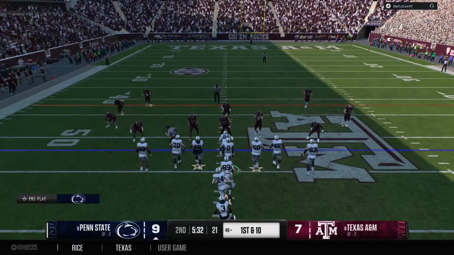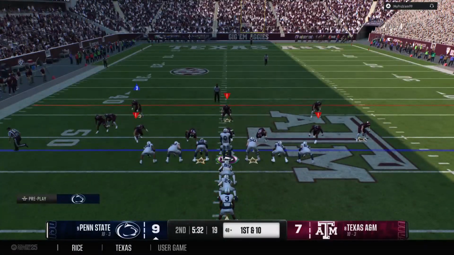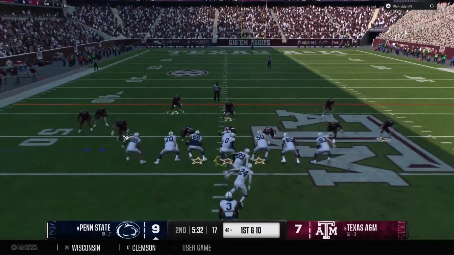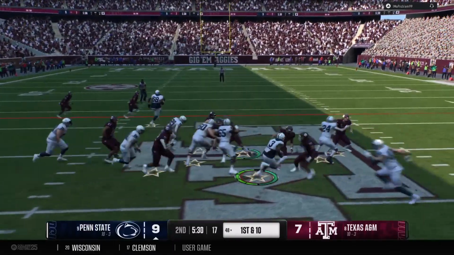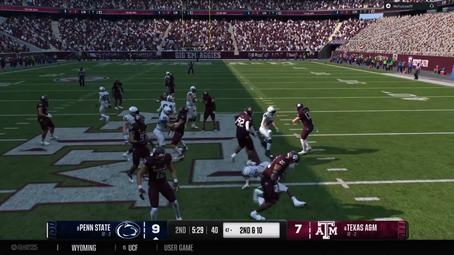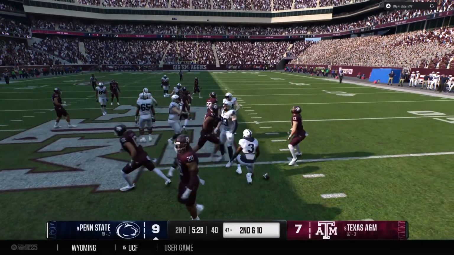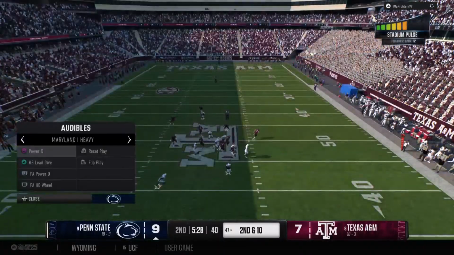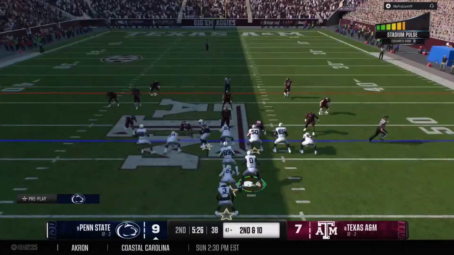And the Penn State offense is back out on the field. Let's see how this quarterback responds. Remember, an interception on the very first play of the last possession. Run it up the middle, but stuffed for no gain. And the Nittany Lions come up to the line in the hurry-up.